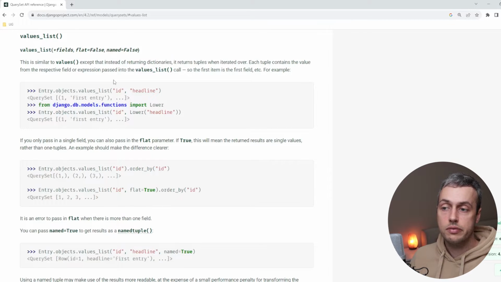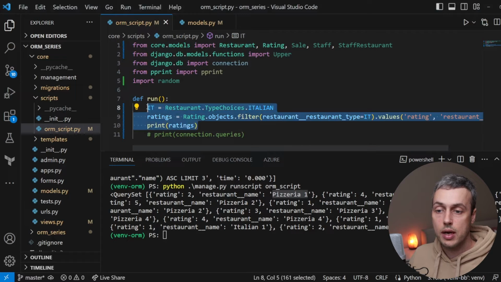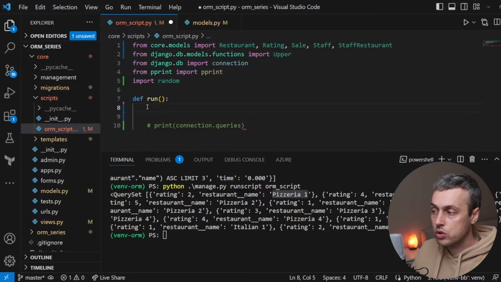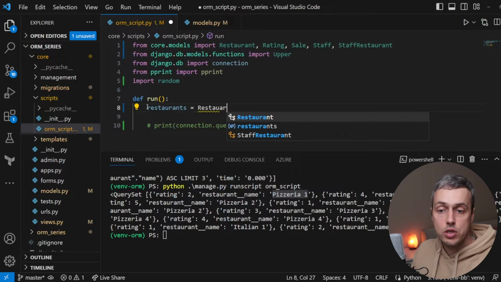And each tuple contains the value from the field or expression that's passed into values list, just like the values function. So let's go back to VS Code. I'm going to clear out this code that we had here, and what we're going to do is go back to the restaurant model, and I'm going to fetch all restaurants here, but what we're going to do is use the